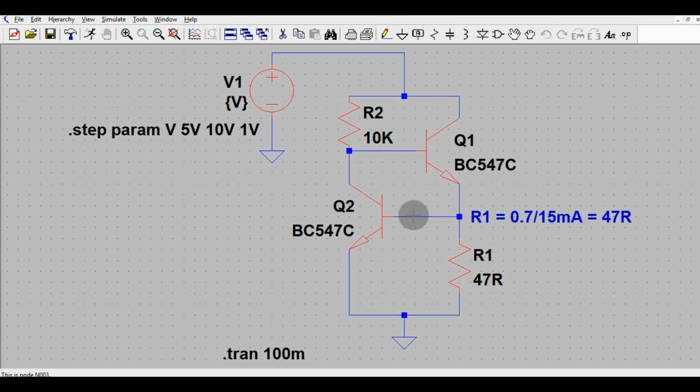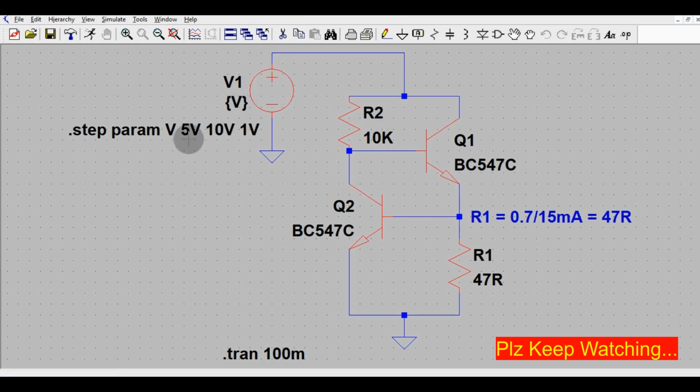So let us first understand the circuit flow of this transistor. This is the supply voltage. You can see this supply voltage varies from 5 volt to 10 volt in steps of 1 volt.